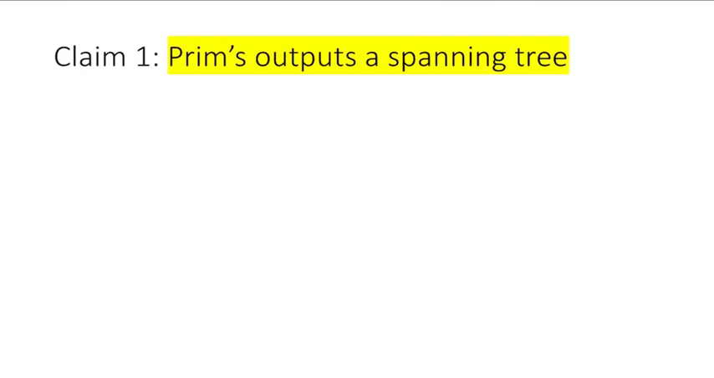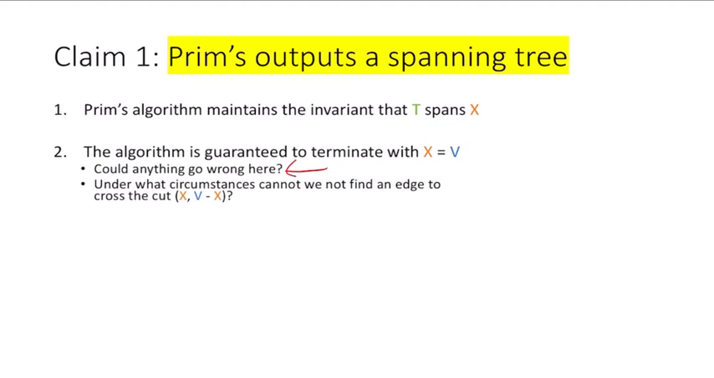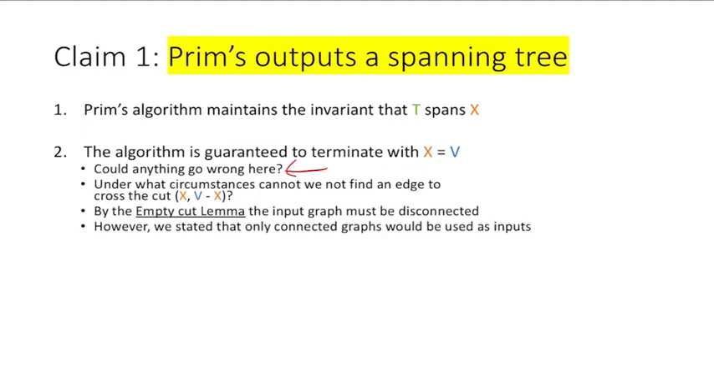Okay, so for Prim's outputting a spanning tree, we've shown that it maintains the invariant that T spans X. We've also shown that it's guaranteed to terminate with X equal to V. The only thing that can go wrong is if we have a disconnected graph. So that's the only circumstance when we don't have that. And by the empty cut lemma, the input graph must be disconnected, but we stated that as an assumption to begin with. All right, and 3, we have that the algorithm is guaranteed to create a tree with no cycles